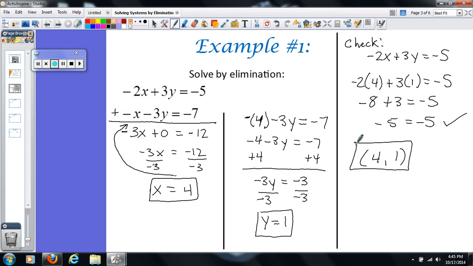Okay, now this was a basic one. We were able to just add them right off the bat, so it made it a little bit easier. The next one, however, is going to get a little bit more difficult. So when I look at example number 2,